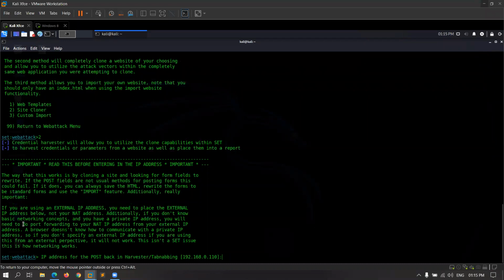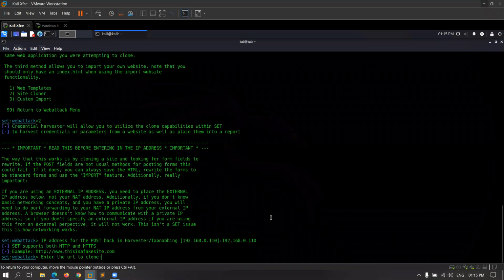IP address for the POST back in harvester tab mapping. So here you have to type your IP address. I'm putting my IP address 192.168.0.110.